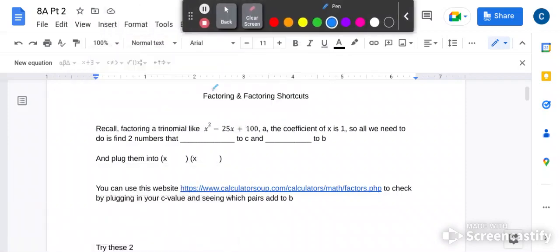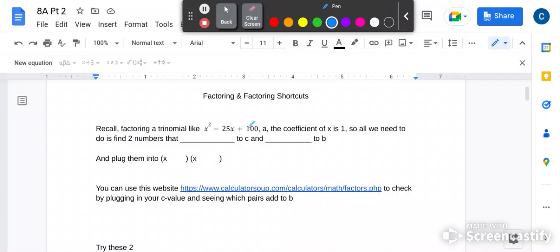Here's a video for the 8A Part 2 notes. I wanted to do these notes again because I think it's important to make sure that we know some of this factoring stuff, and plus I also wanted to show you one more thing that I kind of neglected to go over on 8A. All right, so first thing, if we're factoring a trinomial like this, x squared minus 25x